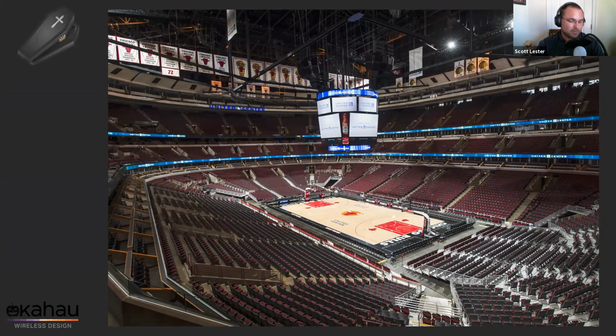American football stadiums, basketball, just a number of different stadiums, and they all present, as you can tell, a different and unique architecture that we as wireless engineers have to design around, depending on a number of different circumstances, and as well as trying to take into account what the use case of that environment may be.